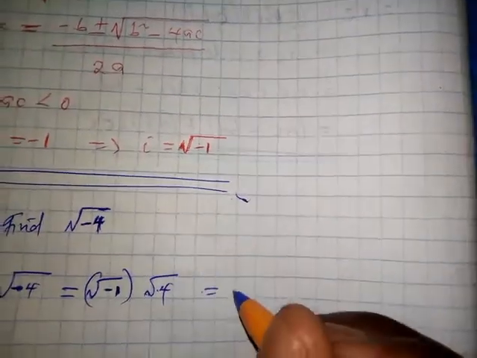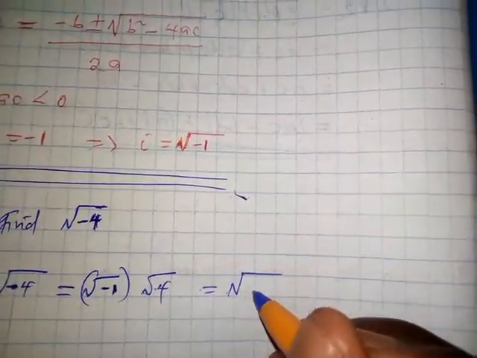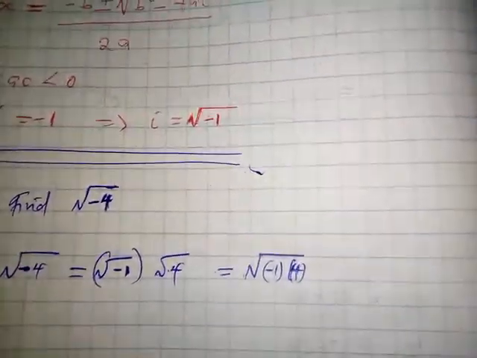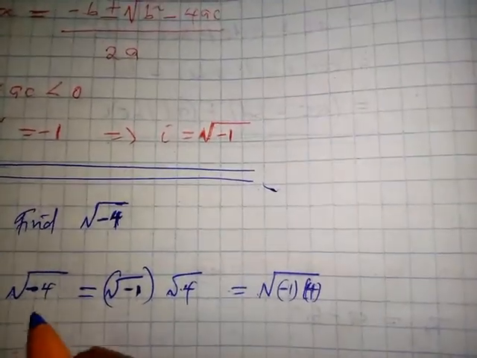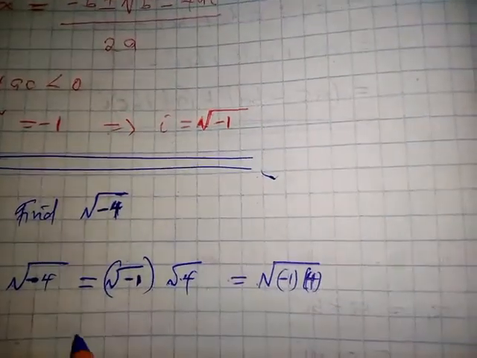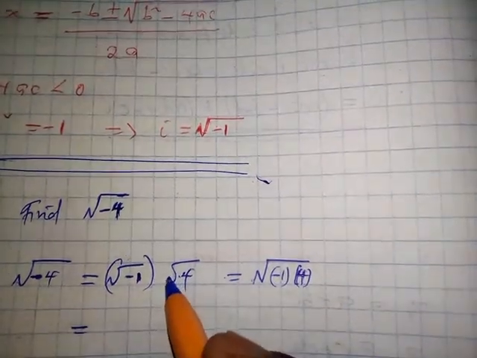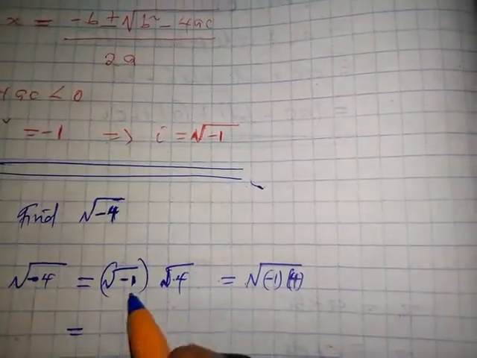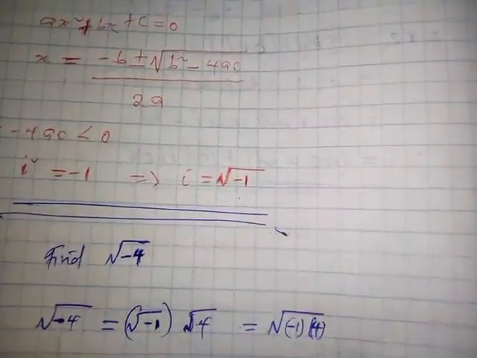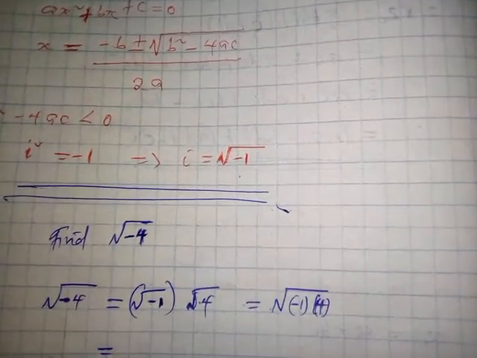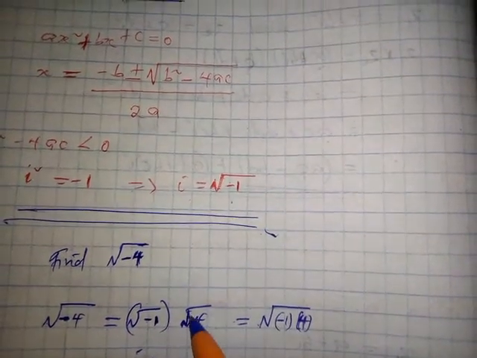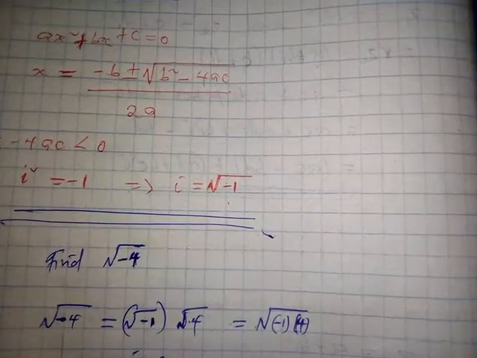Remember, we have just separated what is under one square root, -1 times 4. So the square root of -4 is the same as the square root of -1 times the square root of 4. Now that we know that the square root of 4 is 2, and you have learned that the square root of -1 is i, we have i times 2. So we get 2i